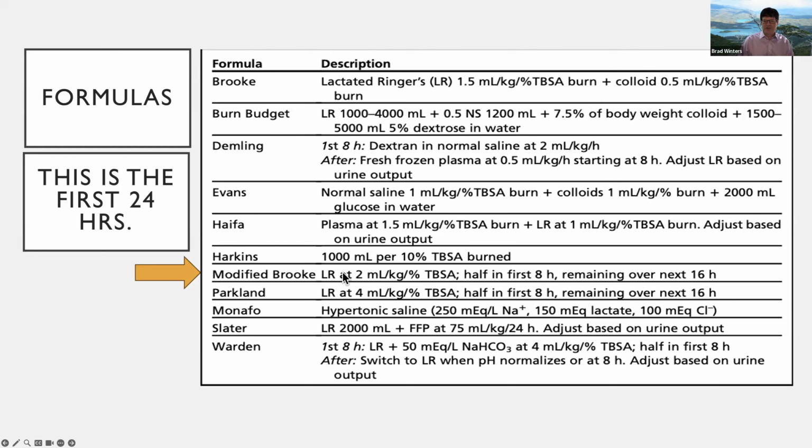You can use elements from each one. Now, the American Burn Association Burn Life Support class that we all take in the United States for certification, just like Advanced Cardiac Life Support, does tend to focus on the modified Brooke as what they teach. But that doesn't mean it's the only one that you can use. But that's the one you learn in the course. But again, we use in our ICU a modification that's between these two and throws in colloid if we think it's needed.